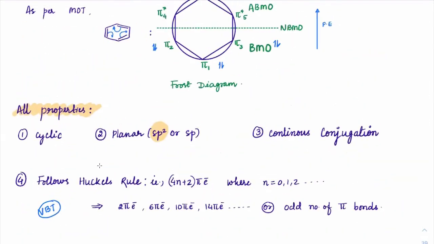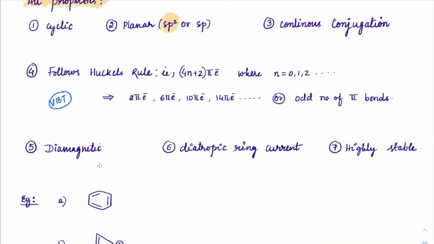You can see that there are no unpaired electrons in the molecular orbital. We have written that 2, 2, and 2. All of them are paired electrons. So it is diamagnetic. And the same diamagnetic term, when you use NMR spectroscopy, is to analyze all the atoms in a molecule.